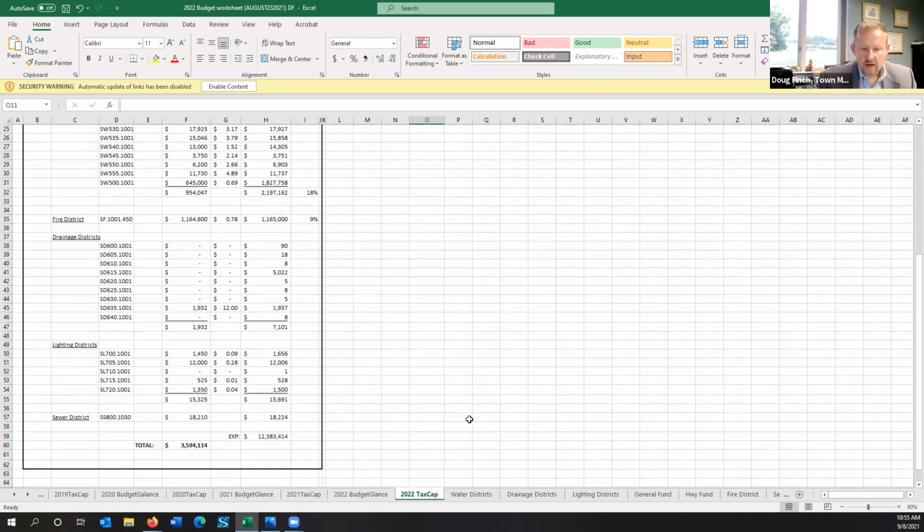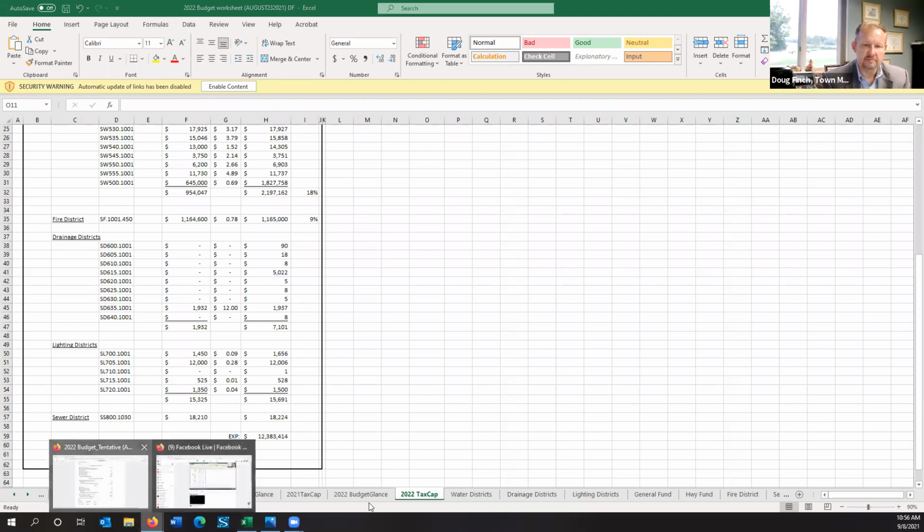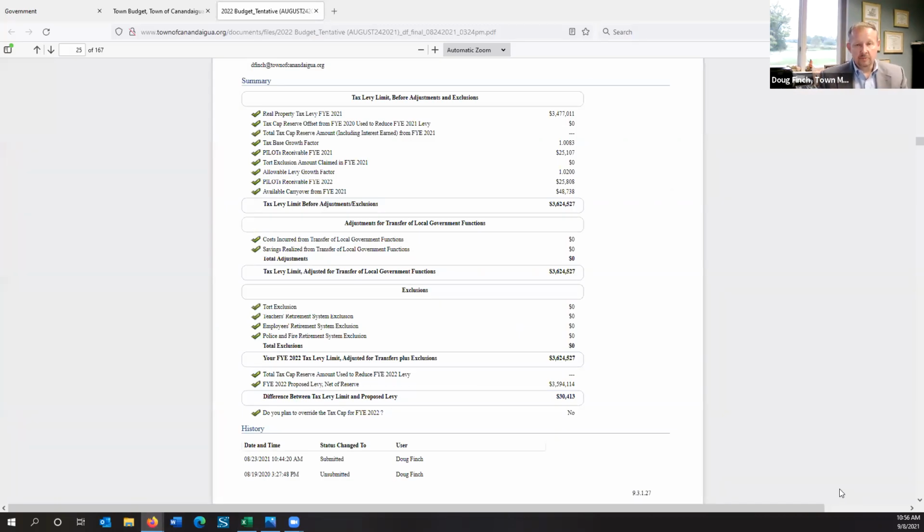So when we create a new water district or a new lighting district or a new drainage district, even though all of the residents of the town of Canandaigua may not be paying into that special district, that levy goes against our overall tax cap. So even though the residents of that district may have requested that a new water district or a new drainage district or a new lighting district be created, that actually goes against our tax cap, our overall tax levy limit. So we do run into that situation from time to time where we are not able to be tax cap